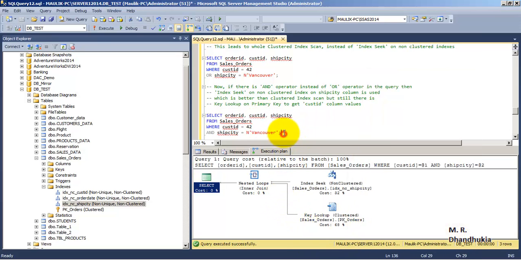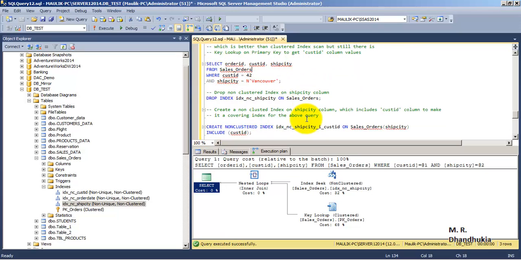So this is more efficient as compared to the OR operator, because the OR operator again goes and scans the whole table with the help of clustered index scan, whereas this query still uses index seek and then combines the data with the help of nested loop and key lookup on the primary key. That's why we can conclude that this AND operator is performing better as compared to this OR operator. Now let us drop this index